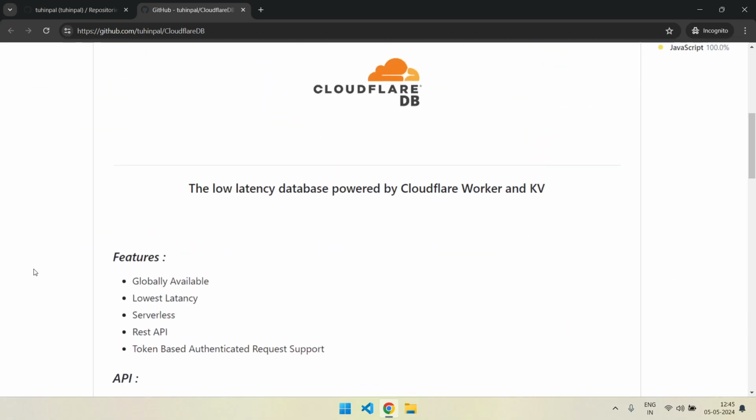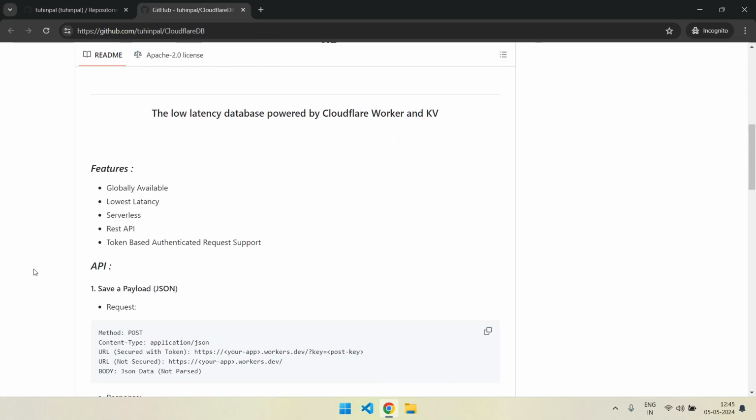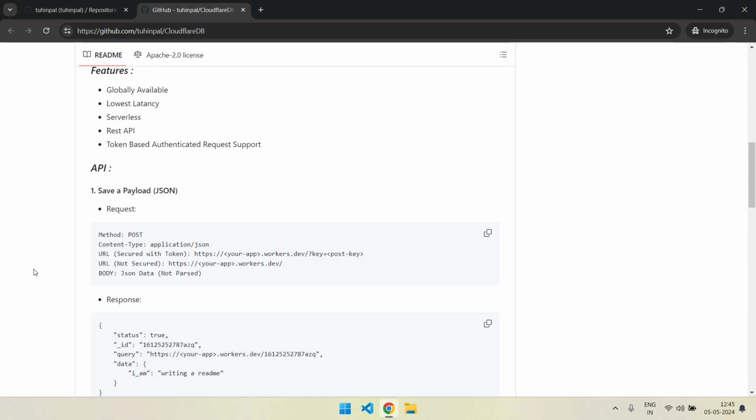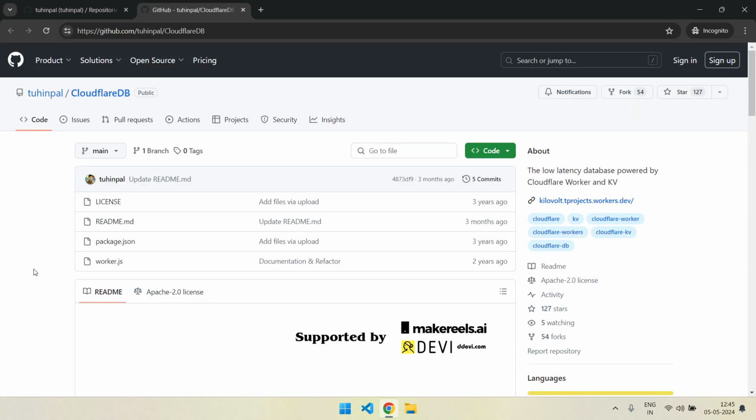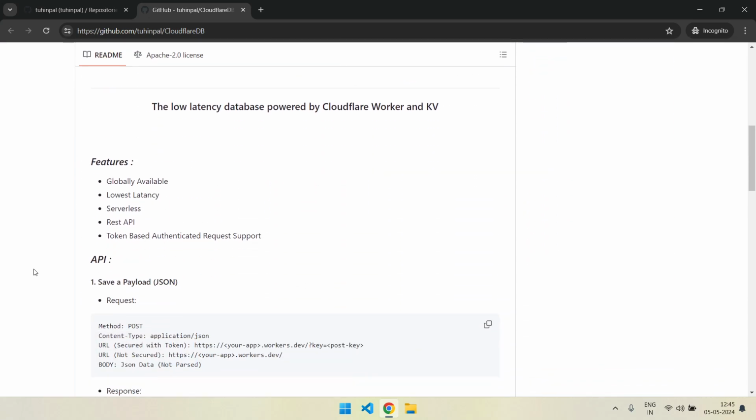So what it does, currently you will see there are a lot of databases in Cloudflare like D1, right? D1 stuff, and then there is Queues, but previously there was nothing. There was only KV. Cloudflare just launched KV like 1 to 2 weeks ago, I think. I thought, yes, this is a great idea to make an HTTP edge config type thing.